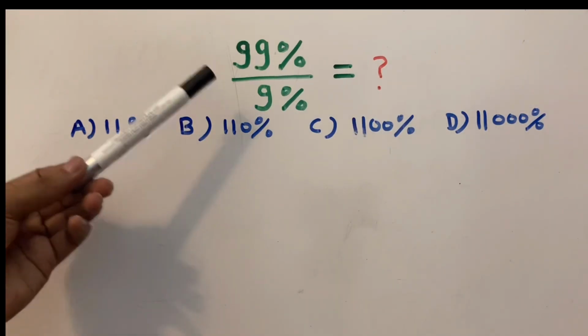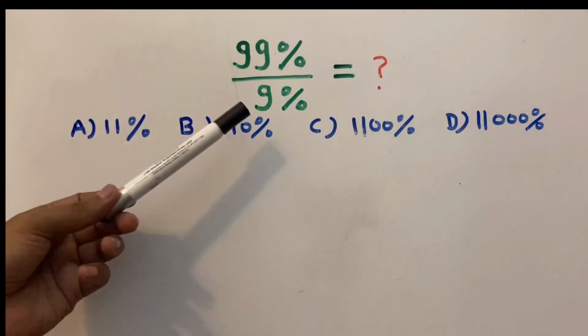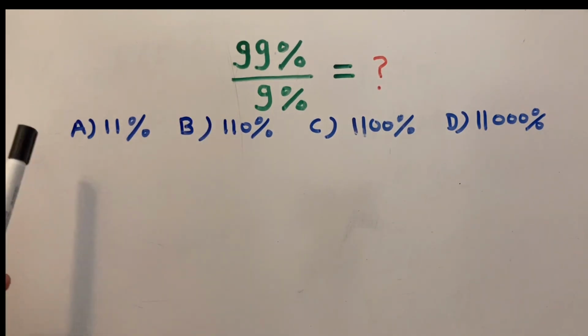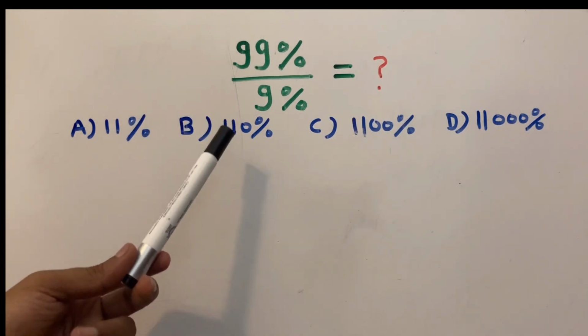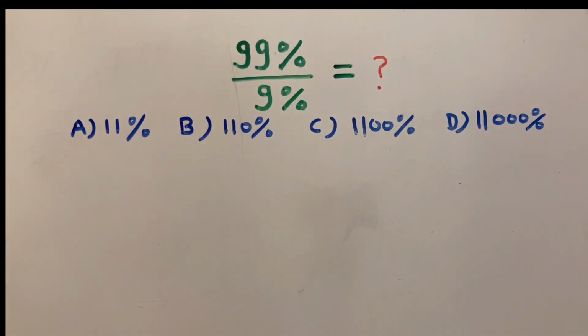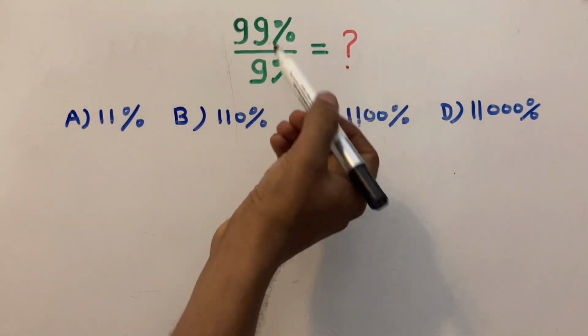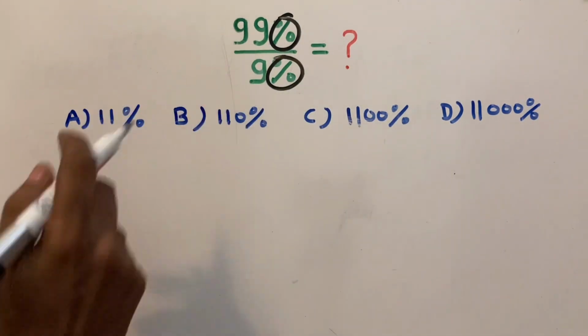In this question, you have to calculate the value of 99% divided by 9%, and you have to choose the correct answer out of A 11%, B 110%, C 1100%, or D 11,000%. So to solve this, first you have to change the percentage into numerical value, which can be calculated by